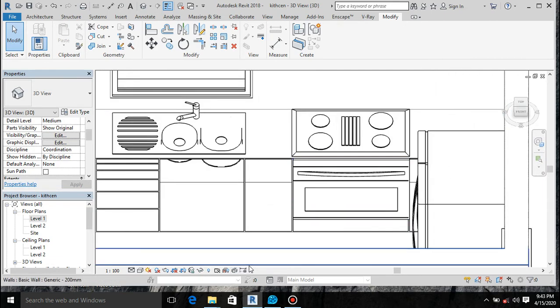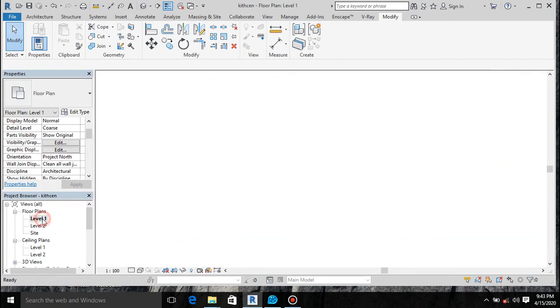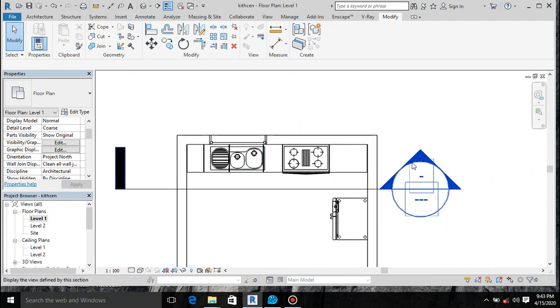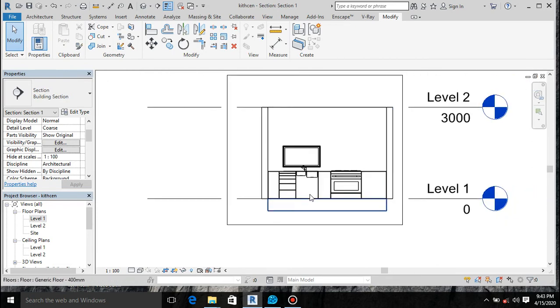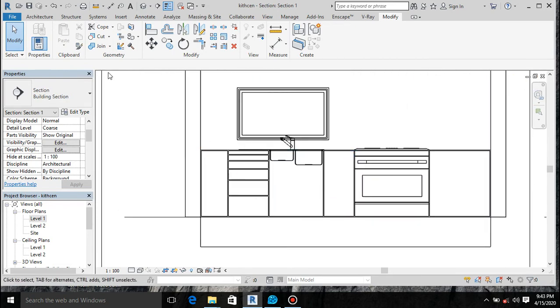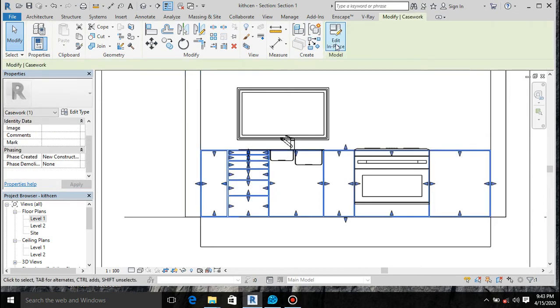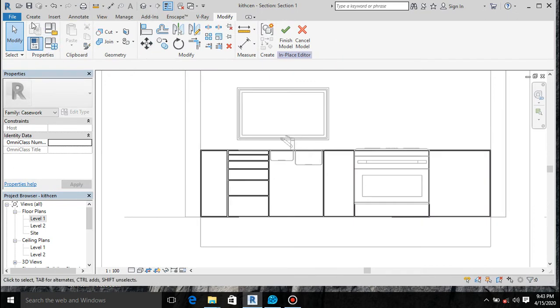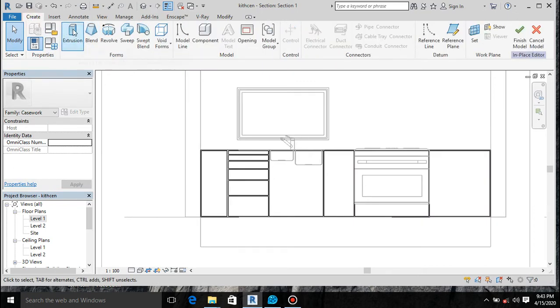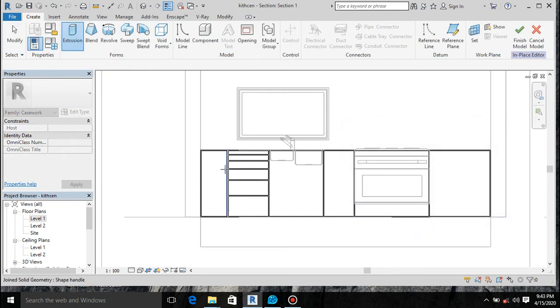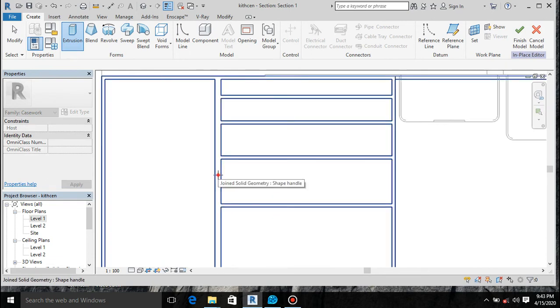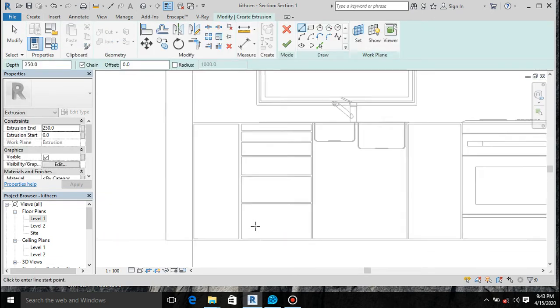Right, nice. Okay, let's go back to our floor planner section and let's create the doors. Go to view, let's create our doors. Go back, double tap on this one, edit. I want to create a new one. Let's say extrusions. I want the entire face of this guy. Okay,